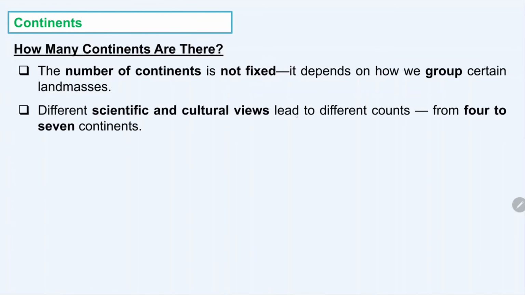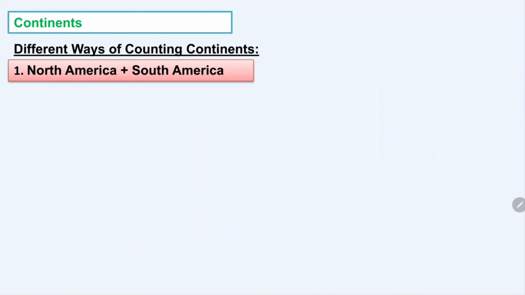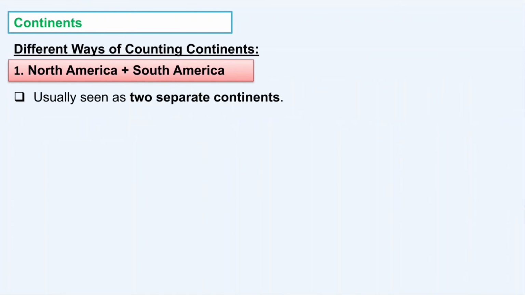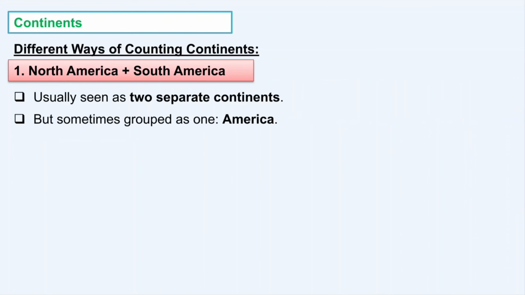Different scientific and cultural views lead to different counts, from 4 to 7 continents, sorry, not countries, continents. So there are different ways of counting continents. Let us say the first, North America plus South America, usually seen as 2 separate continents but sometimes grouped